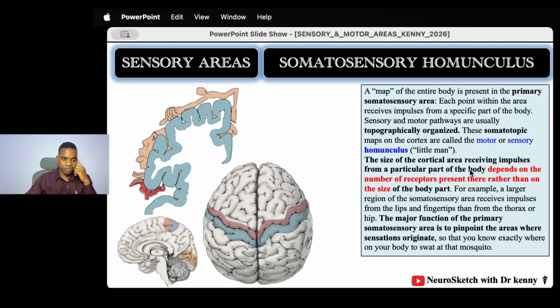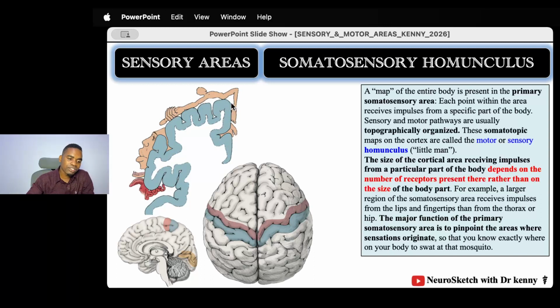Okay, so let's now talk about the somatosensory homunculus. The word homunculus actually means little man, and each region of the body is being mapped to the brain. If you want to be specific, for the somatosensory homunculus, each region of the body is being mapped to the primary somatosensory area. And remember, the primary somatosensory area is the post-central gyrus. That means each region of the post-central gyrus, this is a coronal section of the post-central gyrus,